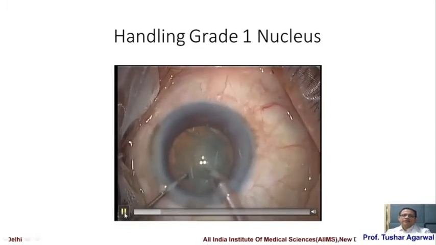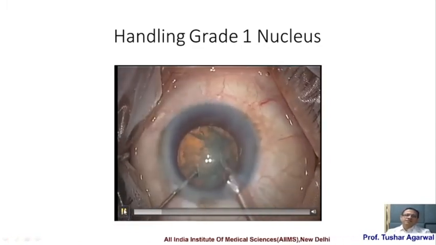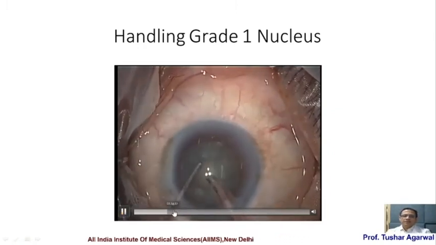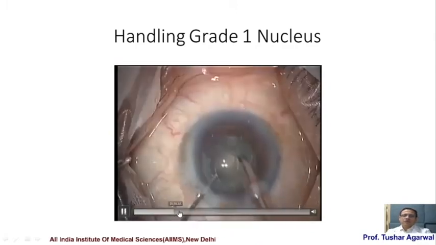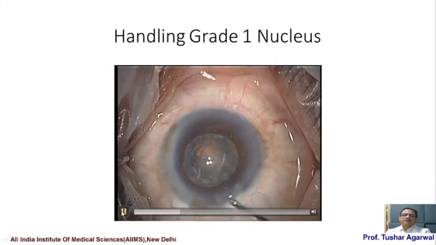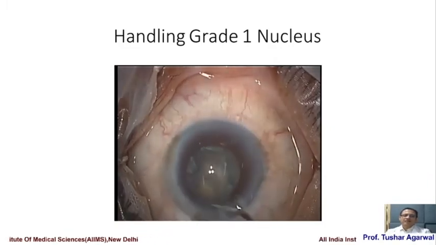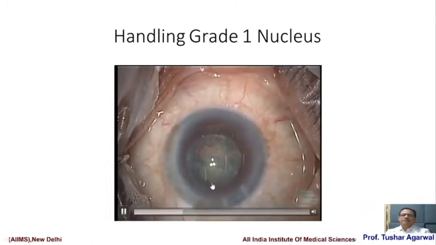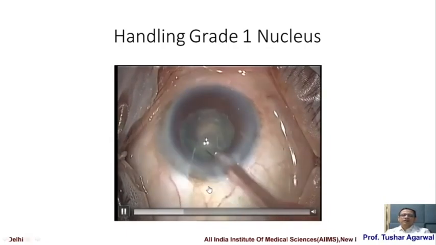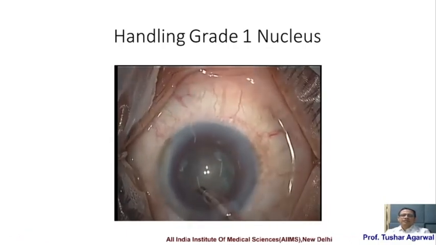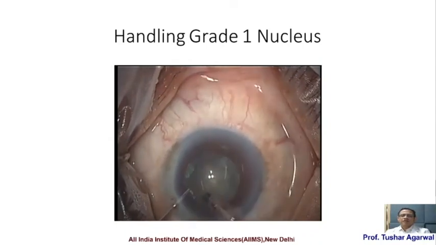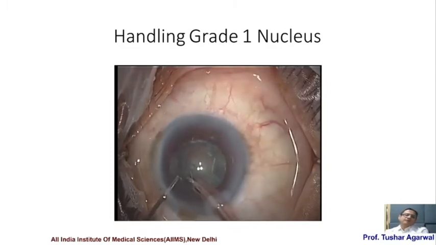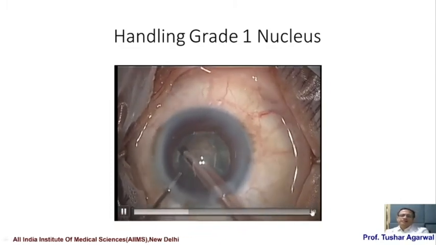So how do you know that it's a grade 1 and it's not chopping? You'll find that despite reducing all settings and everything, whenever you try to give a chopping motion, it goes through and through. A very easy method is to inject some methyl cellulose as if you are doing hydrodelineation. This lifts up the edge of the nucleus and creates some space with the viscoelastic, and you go with the phaco probe in the off position. You position it below the edge of the nucleus, and then you use the phaco to remove the entire nucleus. This is one of the safe techniques which I employ in managing grade 1 nuclei.